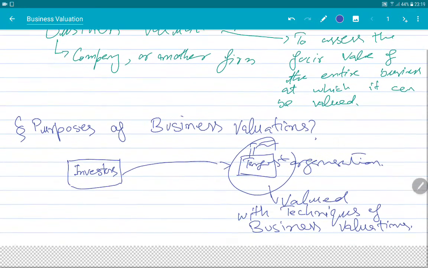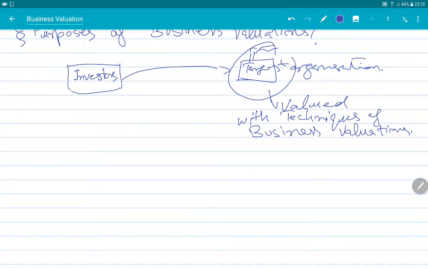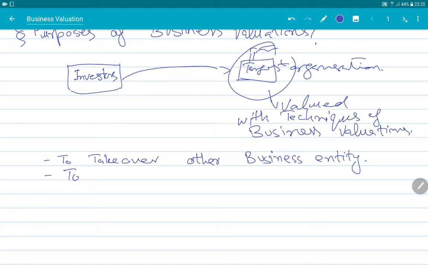This is a very simple form of understanding the purposes of business valuation, and there are a few very common purposes of using business valuation. For example, to take over another business entity. In this case the investor wants to know what is the fair value that they should be paying for the target organization before they acquire it. And they want to value the shares